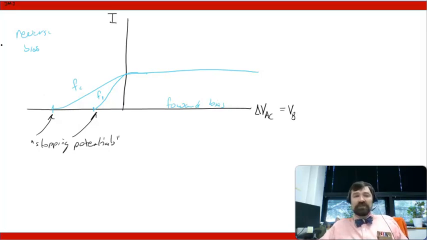And essentially this is telling me that F2 is greater than F1. I need more potential to stop electrons generated by these photons than by these photons. Now with that said, we should also make note of the fact that these ones right here,